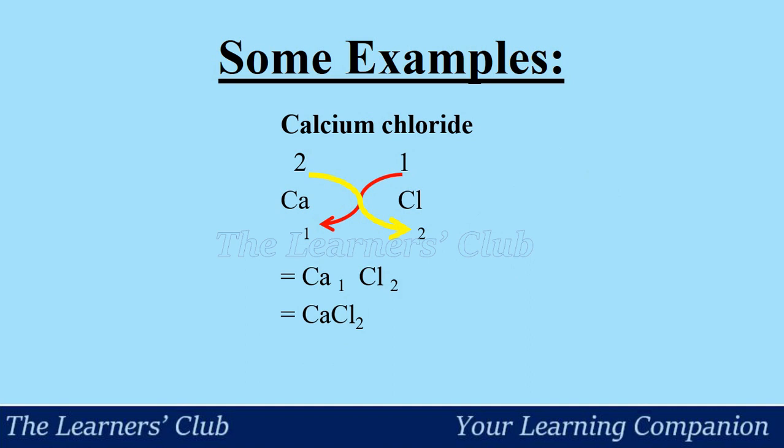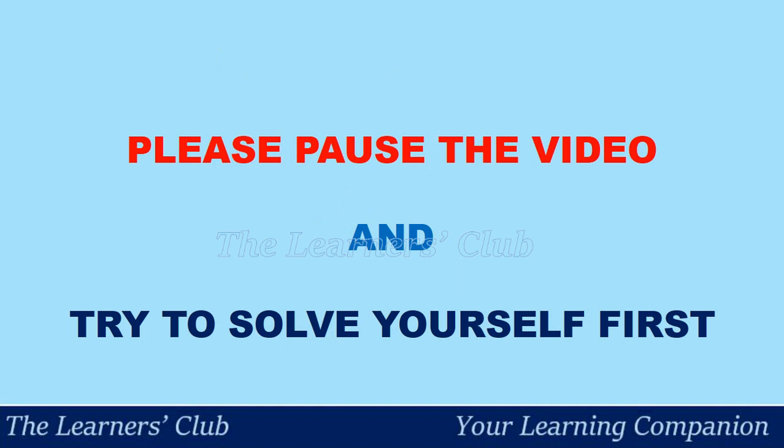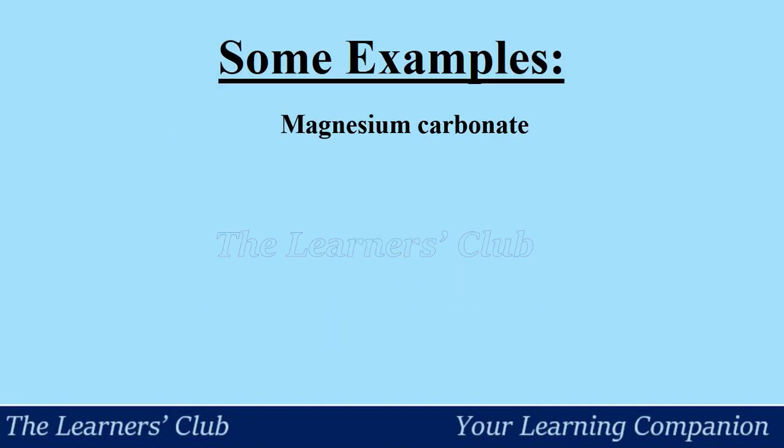Likewise, let us move on to the next example. Magnesium carbonate. Magnesium has the symbol Mg and carbonate is the radical with formula CO3. Both magnesium and carbonate have valency 2. Now the next step is that you will exchange the valencies between these two different components. The valency of the left component goes to the right component and the valency of the right component goes to